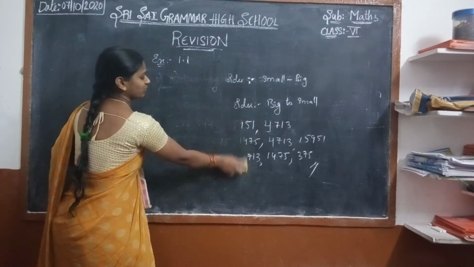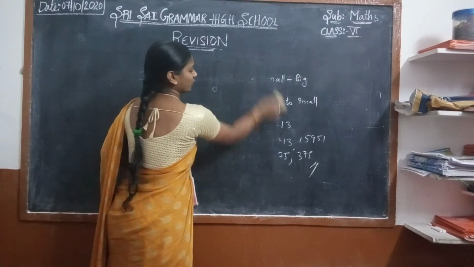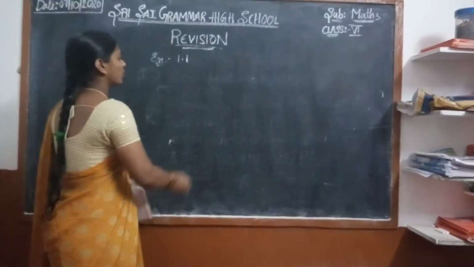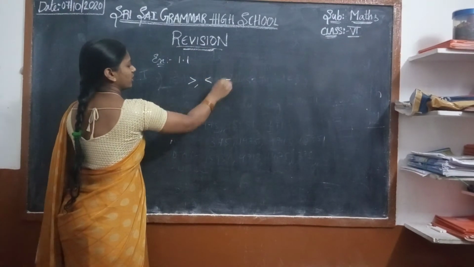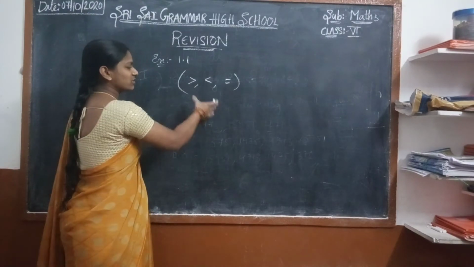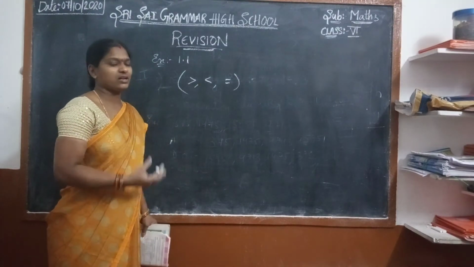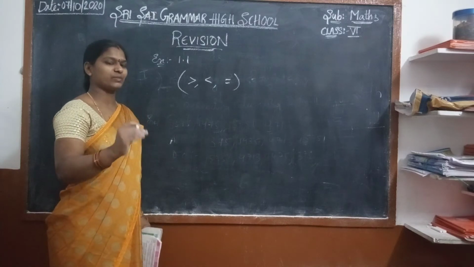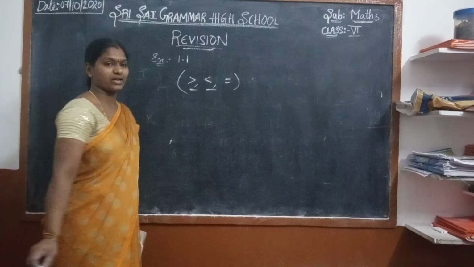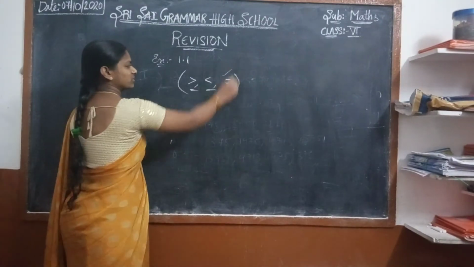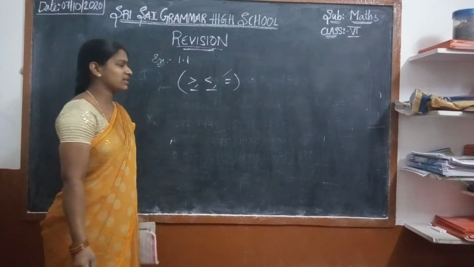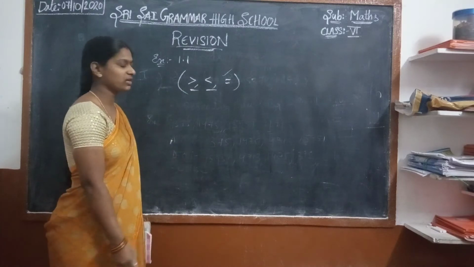Nana, you can identify which is the greater than symbol and which is the less than symbol. Yes. Now you know the symbols of greater than, less than and equal to. From this they may give any problem. You can choose which is bigger. If they ask for the bigger, you can keep the symbol on the right or left side. If it is equal, you can use the equal to symbol. Now let us see some problems on this.